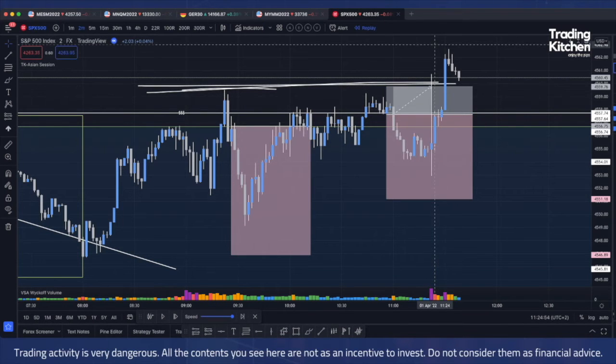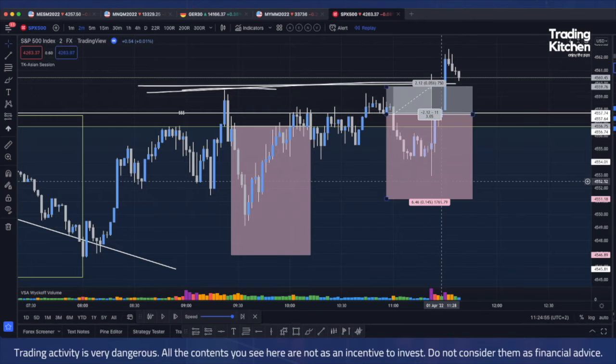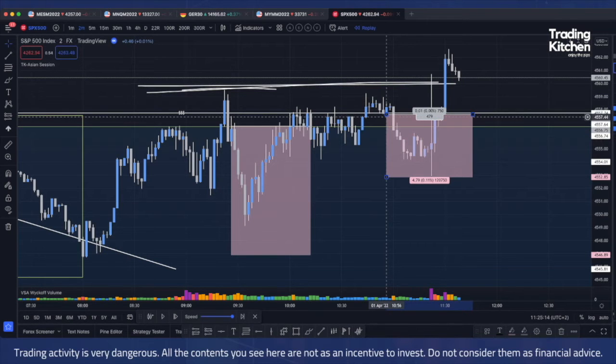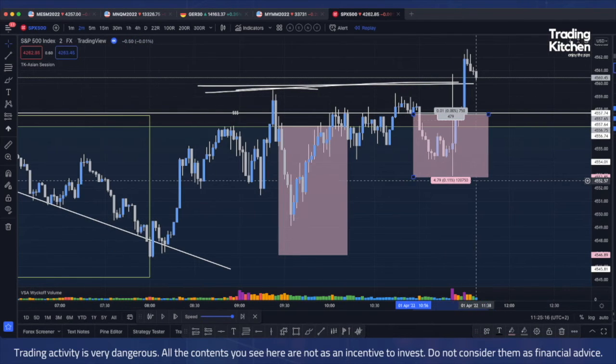This kind of movement is pretty much clear if made during the US opening, not now. But anyway, this will be break even as well, because we are on risk reward 2, so this is break even. Okay, and finally